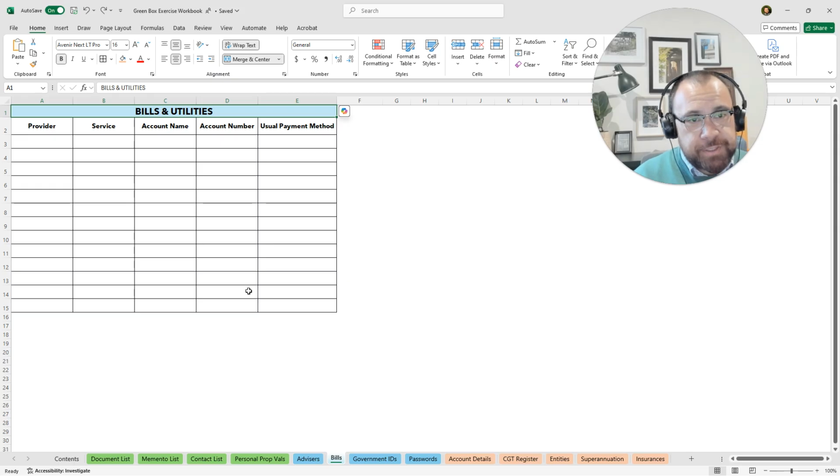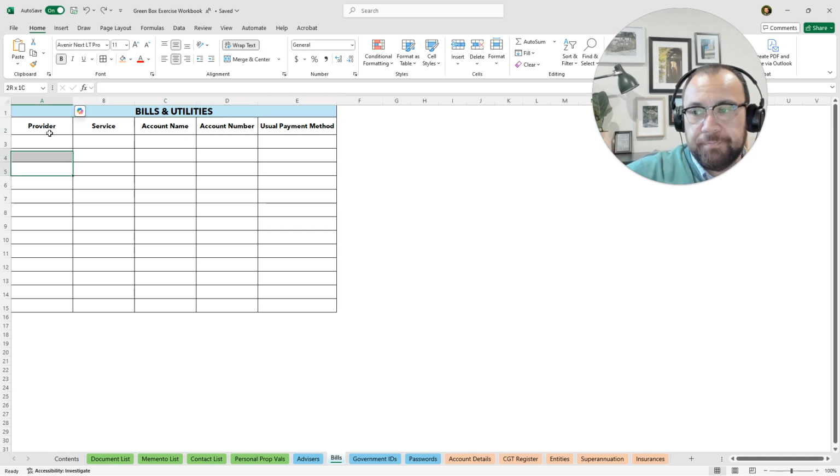So electricity is a really good example. If you've passed away and your family are staying in the house, you want to make sure their electricity stays on. So you want to give them the access and login details to that account, so that they can keep paying it to at least keep the lights on until they can arrange the transfer of the account to their name. So that's why we have here, you have your provider, the name of the utility, the service they provide,